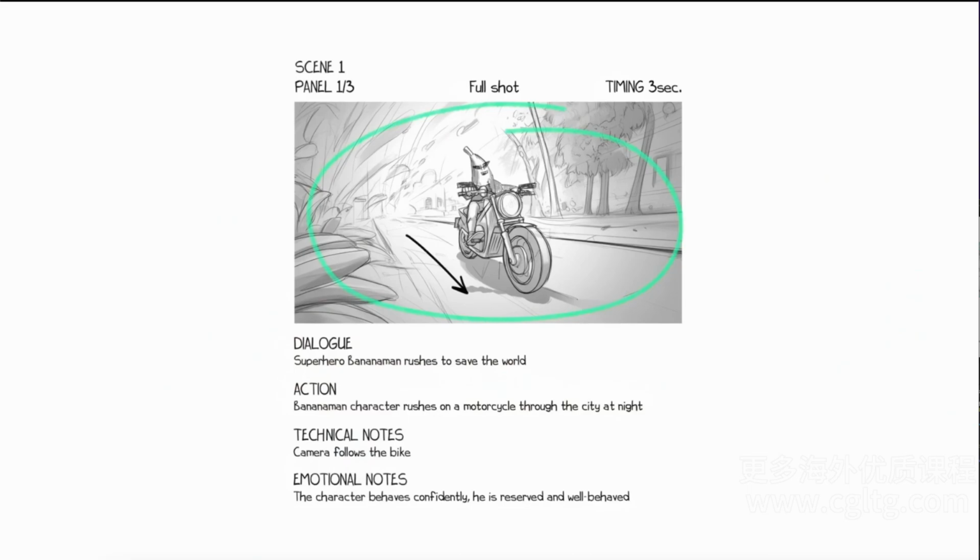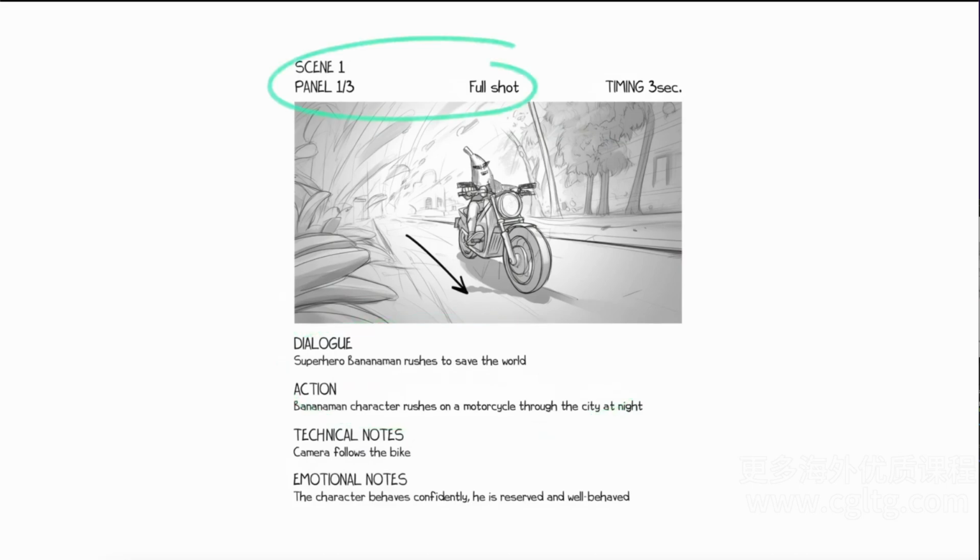It's a sketch or image visually representing a specific moment, scene, or action in the storyline. Caption or dialogue. Below or adjacent to the visual, you'll often find text that indicates dialogue or voiceover. This text usually appears in a separate box or designated area to differentiate it from the other notes.